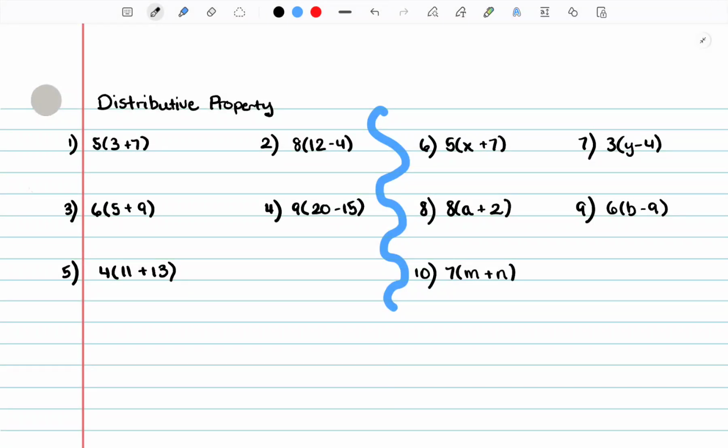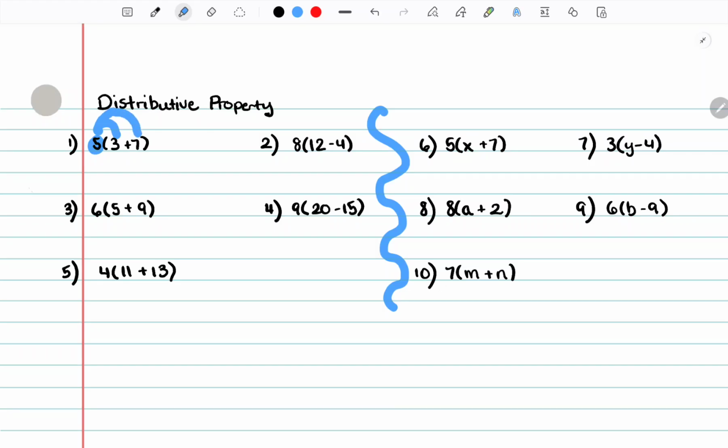Hello guys, and in today's video we're going to learn how to use the distributive property. So first thing, what is the distributive property? The distributive property is when we have a number outside of parentheses that wants to multiply to more than one